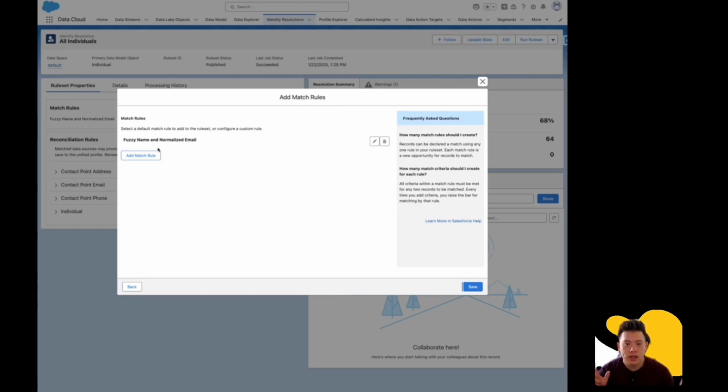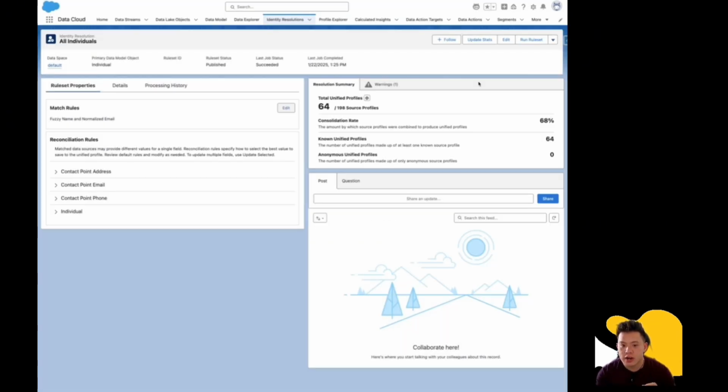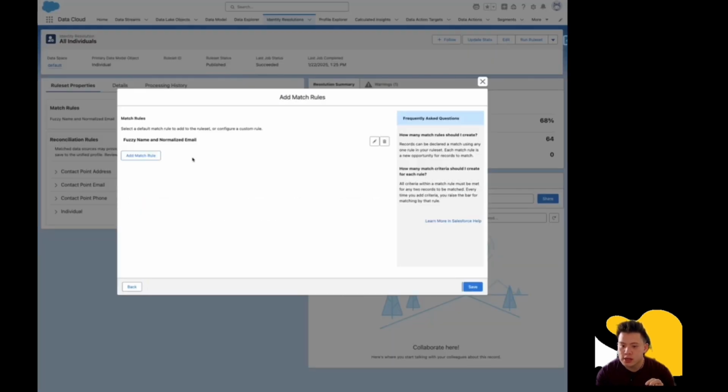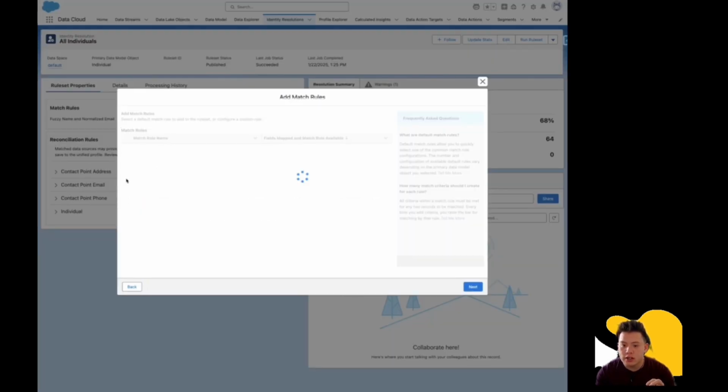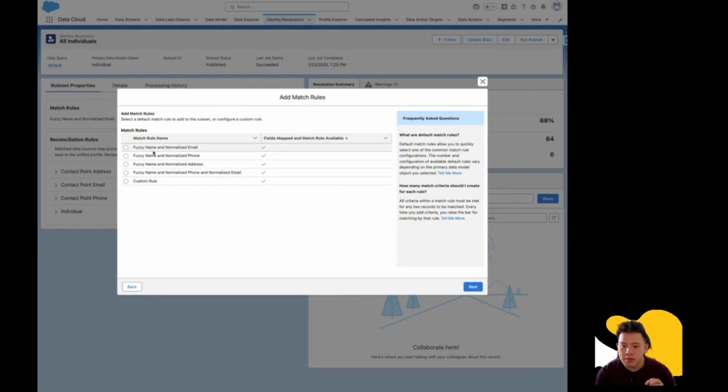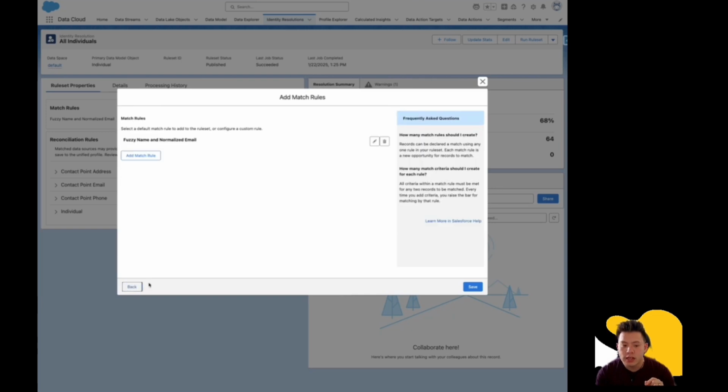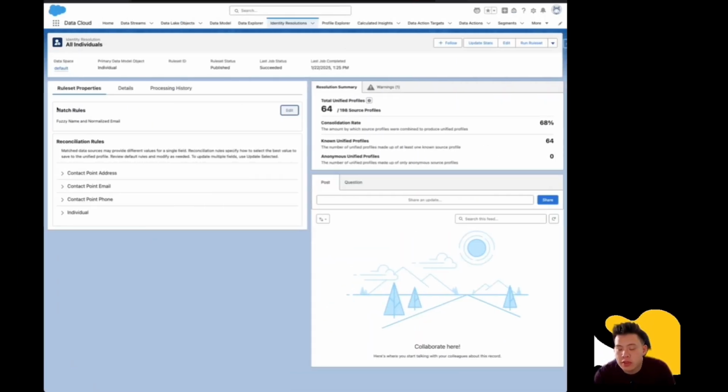Since the data stream has the email from the S3, it can use that and match it with the contact information from the Salesforce CRM. So that's the match rules. There are different types of match rules that you can do. There's fuzzy name with email, phone, address, and then phone and normalized email, or you can make your own. So now we know what the match rules are. After that, there are reconciliation rules, which answer the question, how does Data Cloud determine what data to use